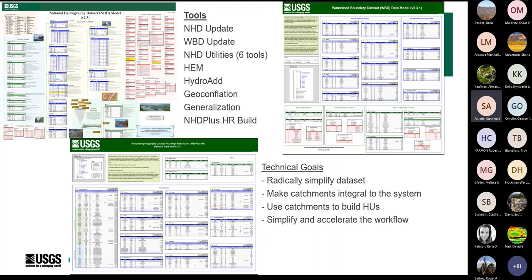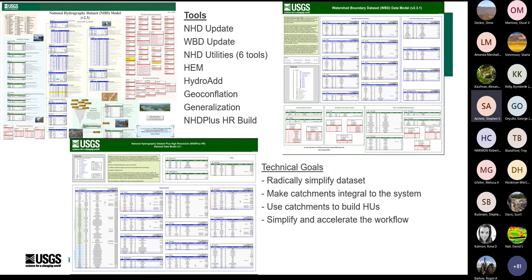Collectively, these represent about 250 F codes, and there are about 13 different but interrelated tools that we use to maintain these things. And at this point, all of those tools except that NHD Plus HR build tool are based on Esri desktop technology, which is